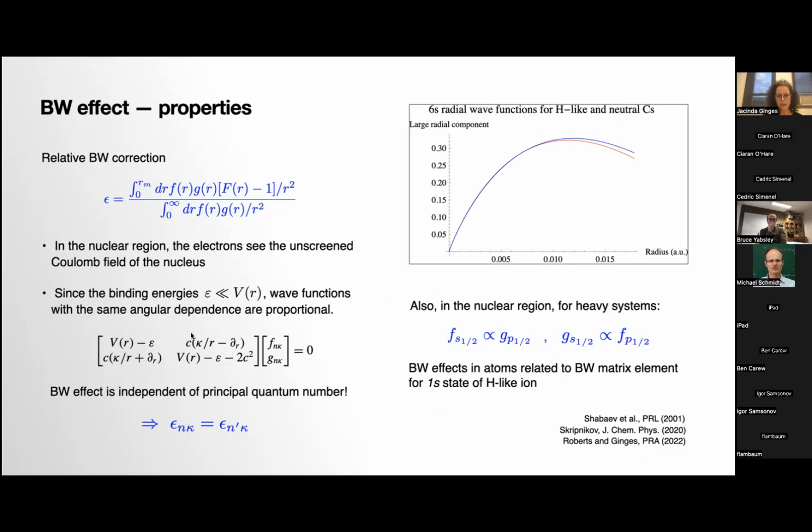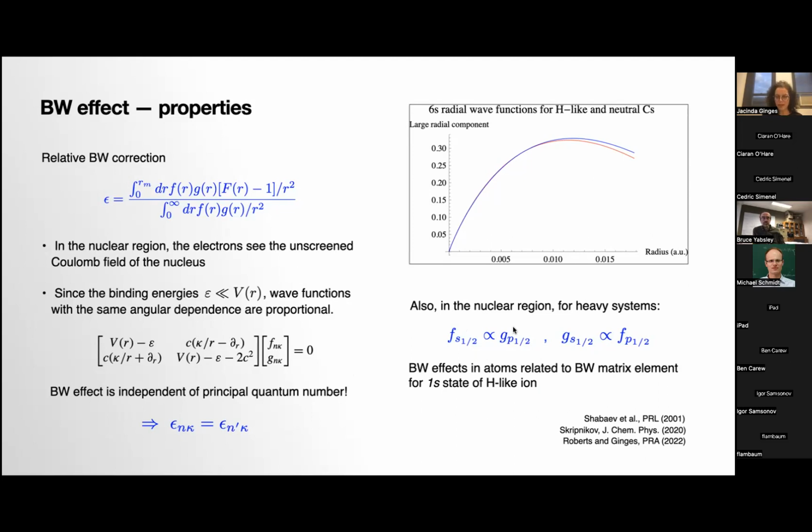And you see then that there's a symmetry in this Dirac equation for the upper and lower radial components: if you change kappa to minus kappa, then you have the symmetry across here. If you change the sign of kappa and an F to a G, then you'll see that the upper radial component for an s state is proportional to the lower component for a p-half state, etc. I feel like this has gotten a little bit technical.